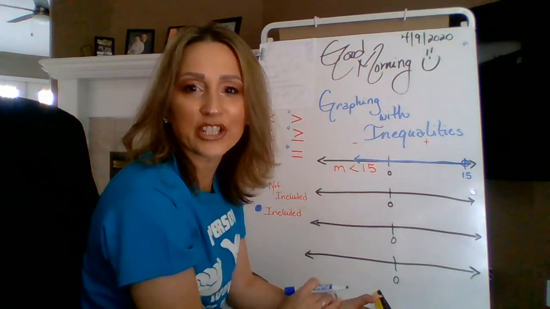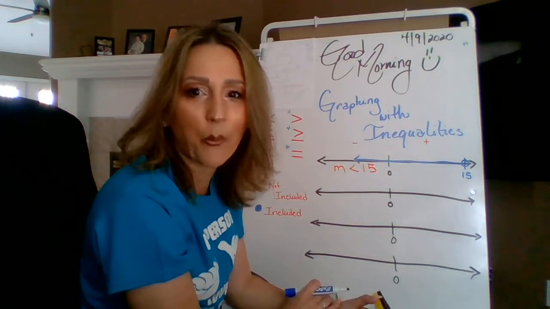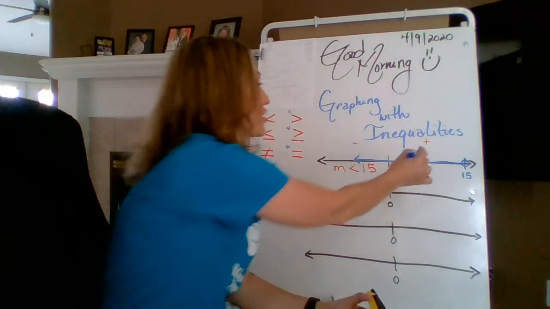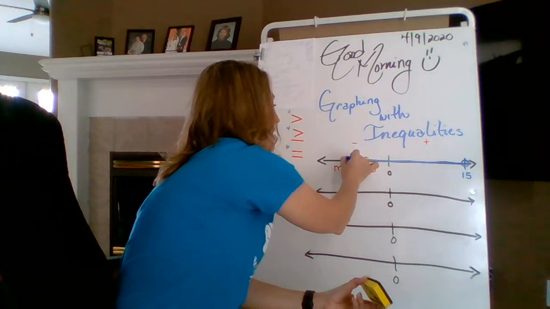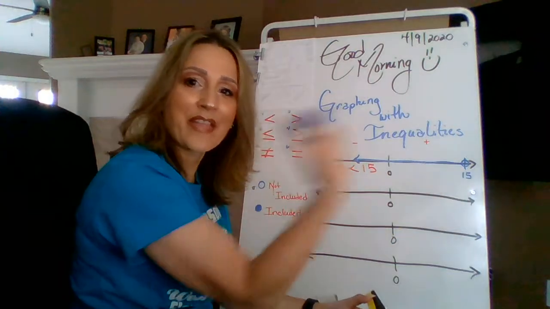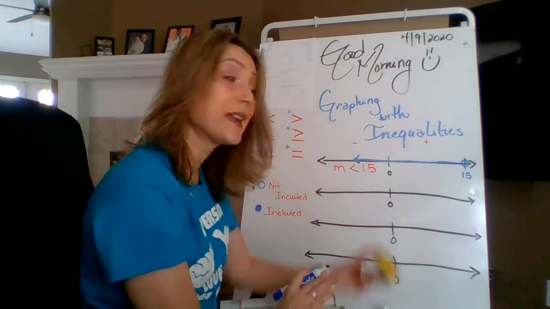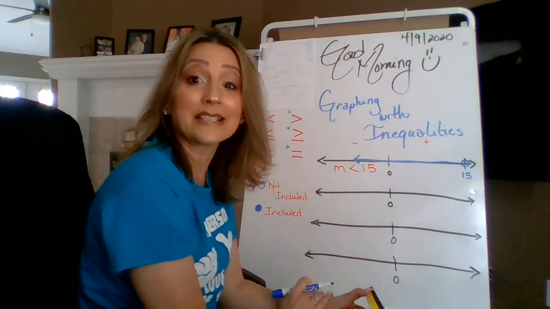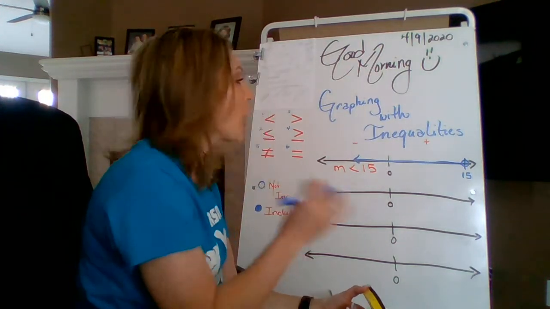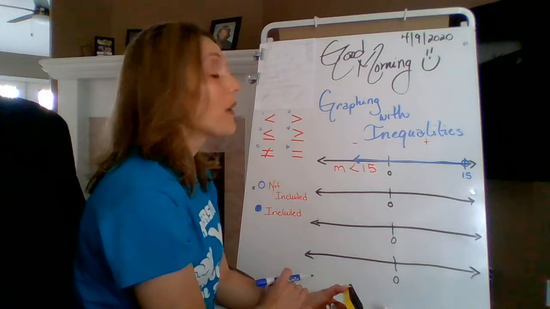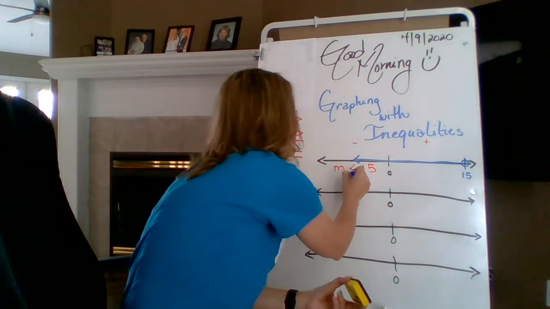Well, you know, I just said you could go to infinity and beyond, so you do not want to draw on the line forever. Just take the line, put an arrow at the end of it, and that'll let everyone know that I can continue on with other numbers farther than where I stopped, as long as it is less than 15. Hopefully that makes sense. Now, if 15 were to be included,